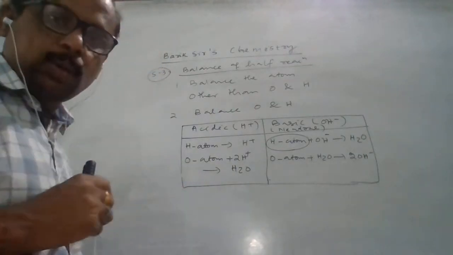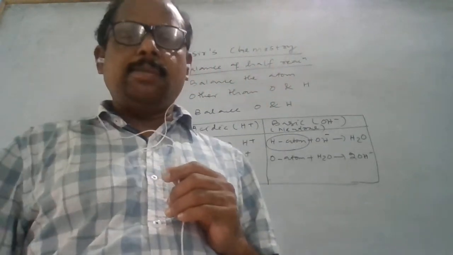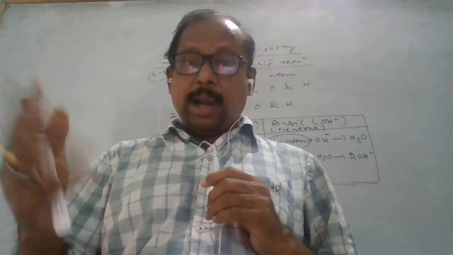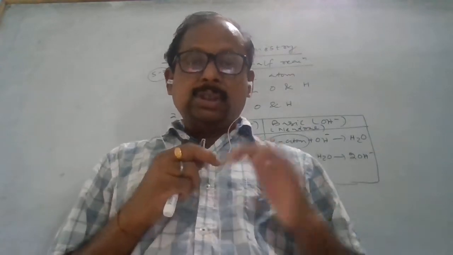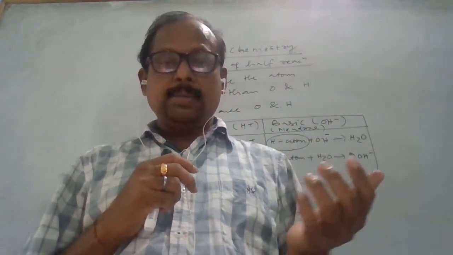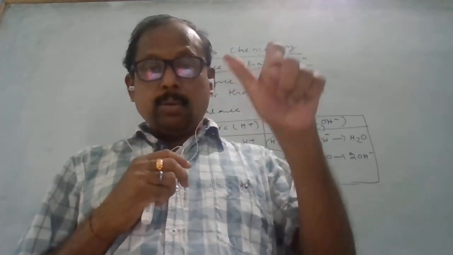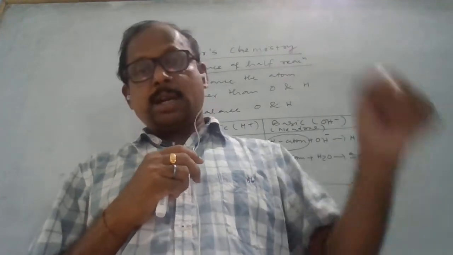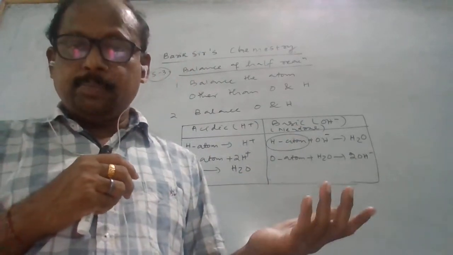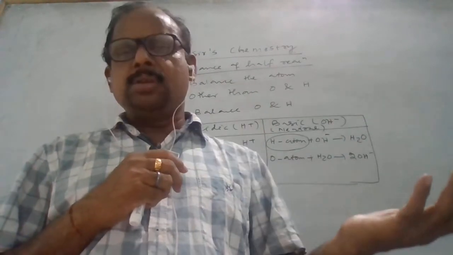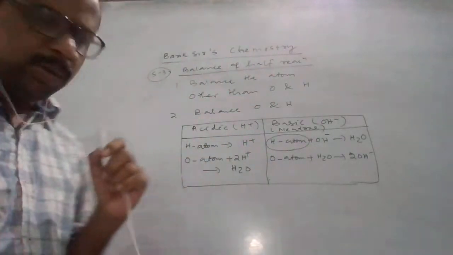So what we have discussed in 1 and 2, that is the material balance. Actually, different types of balance are happening in the chemical equation. Balance of the atom is called the material balance. Balance of the charge is called the charge balance. The charge balance always takes place with the help of electrons. Heat balance is also there in thermochemical reactions, where you have to balance the heat content of the reactant and the product. According to that, it may be exothermic or endothermic, heat loss or heat gain. That depends upon the heat content of the reactants and the products. So we are concerned about the balance of this equation.